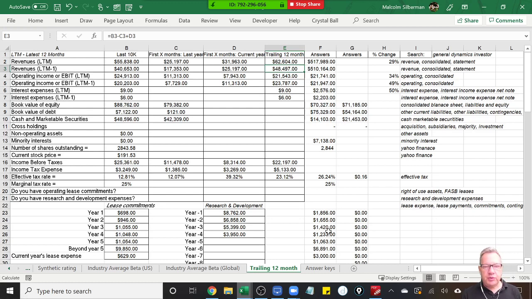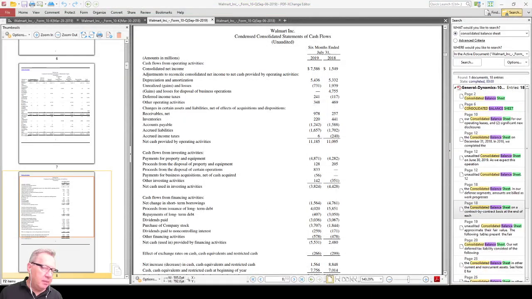I think it's much better to do it this way. You don't want to read this whole 10K. It's totally boring. But you want to know where to find stuff. The art is how do you find stuff very quickly. I found what they spend in advertising. That's what I've been doing now, and I found out what they're spending on advertising, and then I put that in with the other revenues and stuff. Okay, so let's flip to the PDF now,